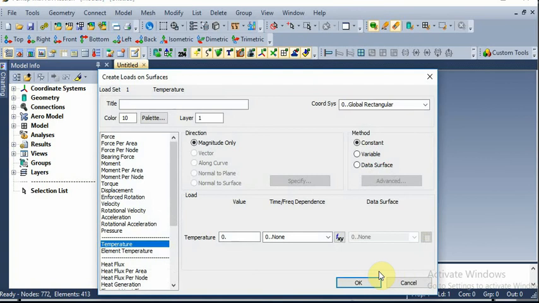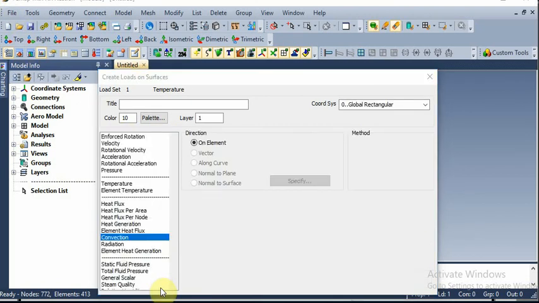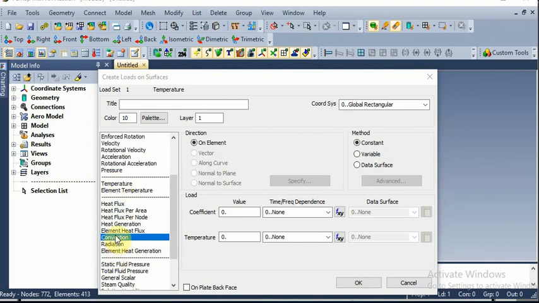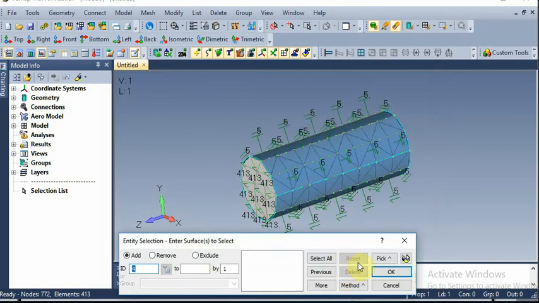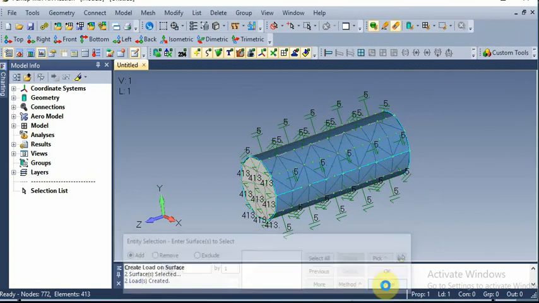So we have convection at the lateral surface. So here click on convection. Then our convection coefficient value is 5 and the temperature in Kelvin is 313, this ambient temperature. Give OK. So we applied the temperature and click cancel.